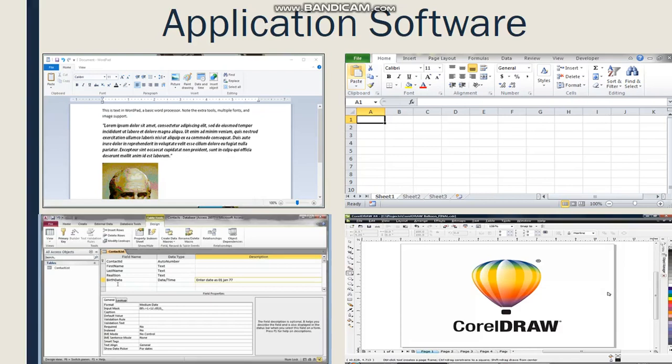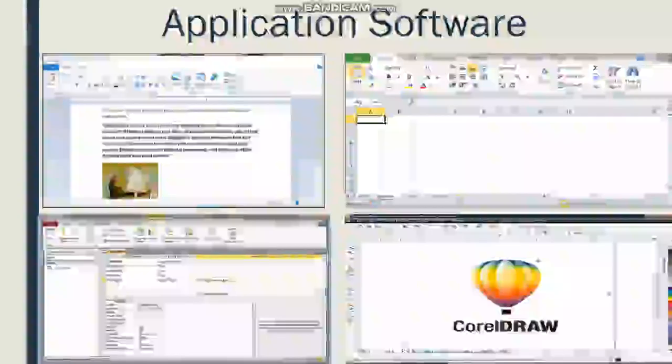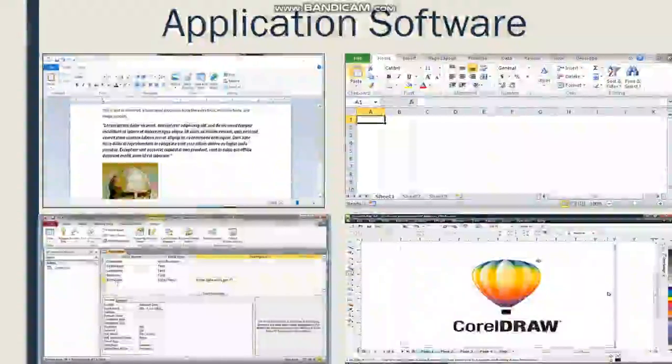So this type of software, that is the desktop publishing software, will help you to write the text as well as give the graphics feature, so that you can create advertisements, brochures, books in this software. The examples are CorelDRAW and PageMaker. So this was all about your application software.